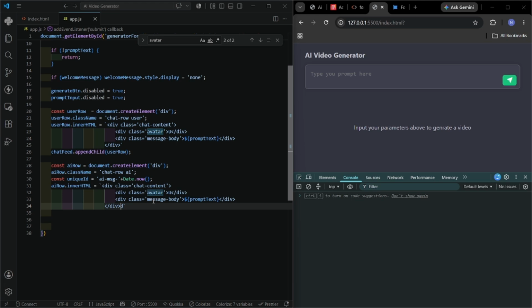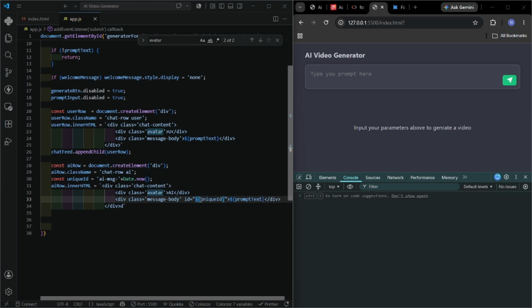Okay, you don't get it. So here is the chat content, and inside this the avatar will be there, but it will be AI. And the message body will also have an ID first. The ID will be equal to this. Then we add this ID, and inside this again I will give one div, because there is no prompt